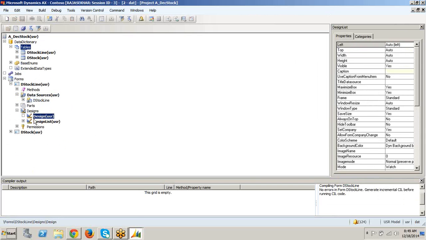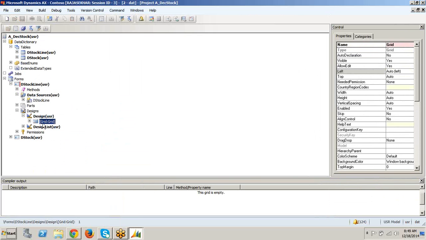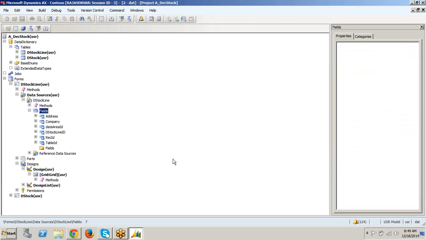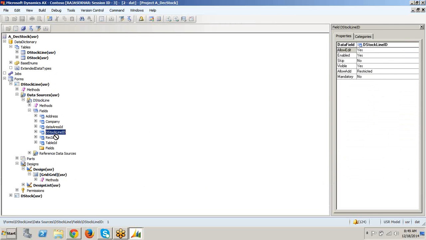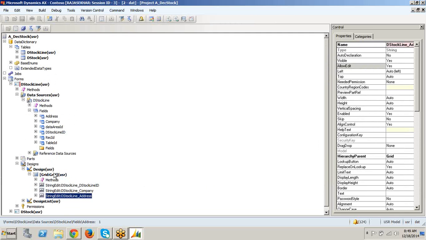Going to the design, I'm creating a new grid, only grid control, that's it. In the grid control, I will drag the fields D stock line ID, company, address.